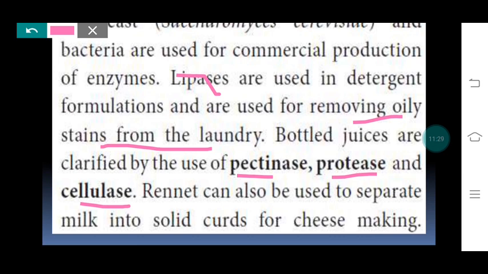Then the last one here, the rennet, that also can be used to separate milk into the solid curd for cheese making. So these are all the enzymes. So first part we studied about the organic acid, and this second part is for the enzymes. And next one,